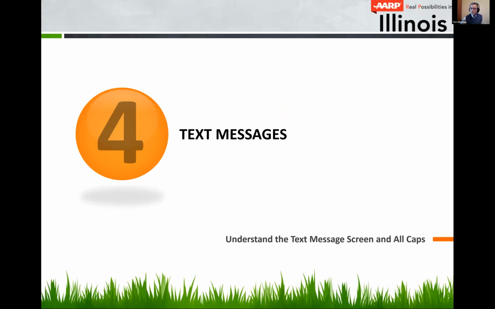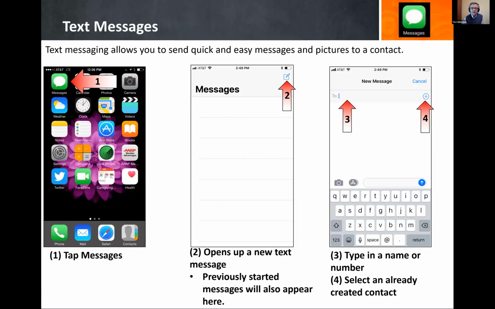I don't know if you are using them or not, but they are a quick and easy way to send a message. You can also send pictures to people. So for messages, up left-hand corner. Now your messages could be somewhere else on your screen, depending on how things are set up, but you're looking for that message icon. When it comes up, for many of you, if you haven't used it before, it's likely